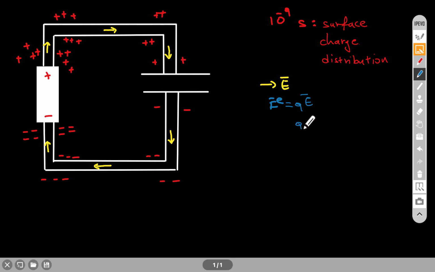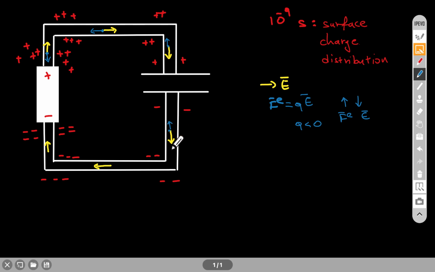Since Q for an electron is a negative number, this means that the force and the electric field will point in opposite directions. So that means here the electric force on the electron will point that way, and here it will point that way, and the electric force will point up,